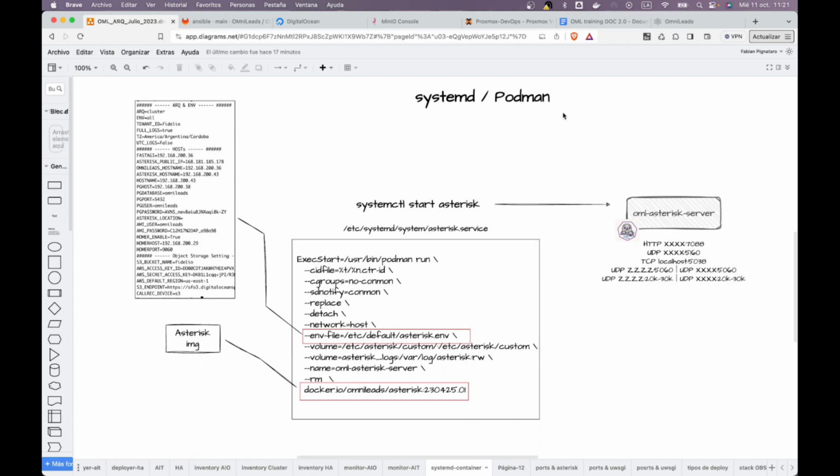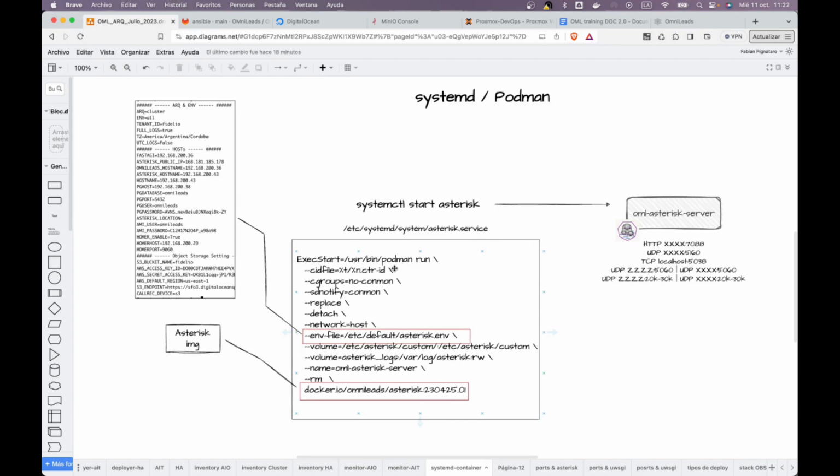But while it does have some features, it is good to understand, and it goes through this graphic. This graphic, I think, summarizes the implementation of Podman in systemd quite assertively. On the one hand, we have here the container that is launched as a product of an invocation to systemctl start and the component name. But, as we well know, behind each of these actions there is a .service file, that is going to be located in /etc/systemd/system. For each of the Omnileads components, we are going to see that there is a .service file that is going to have in there,